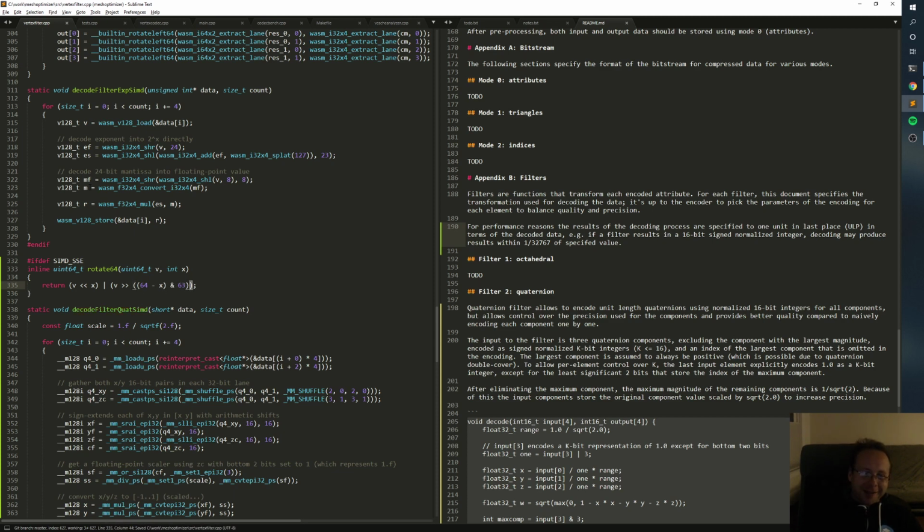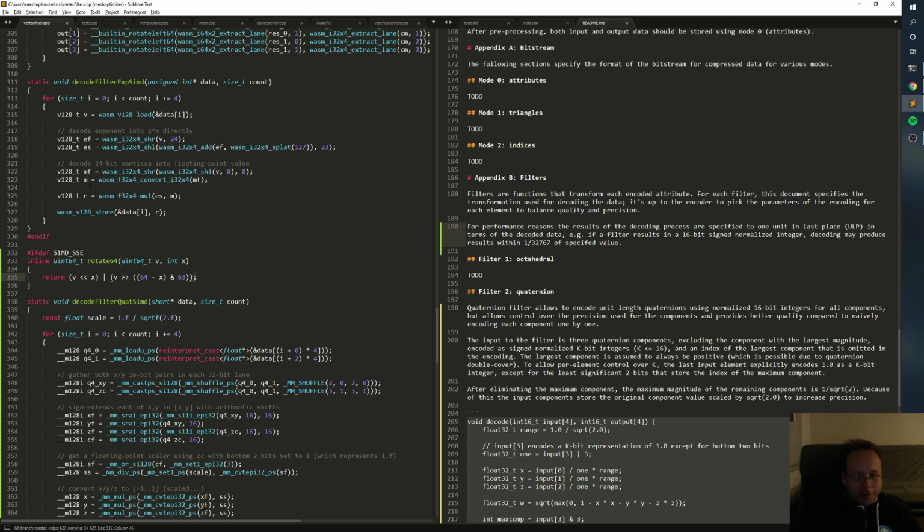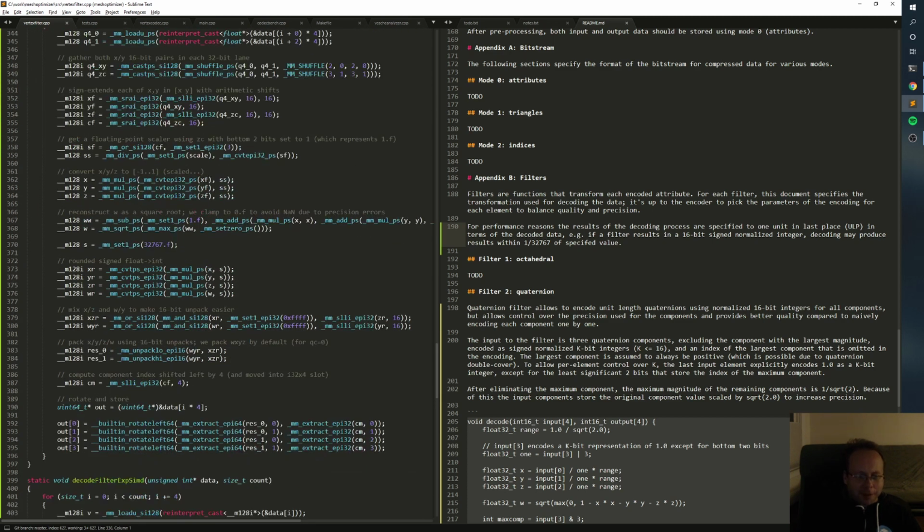And I think this is lowered to the optimum code, but I'm not sure, and this behavior might be different between different compilers. But anyway,